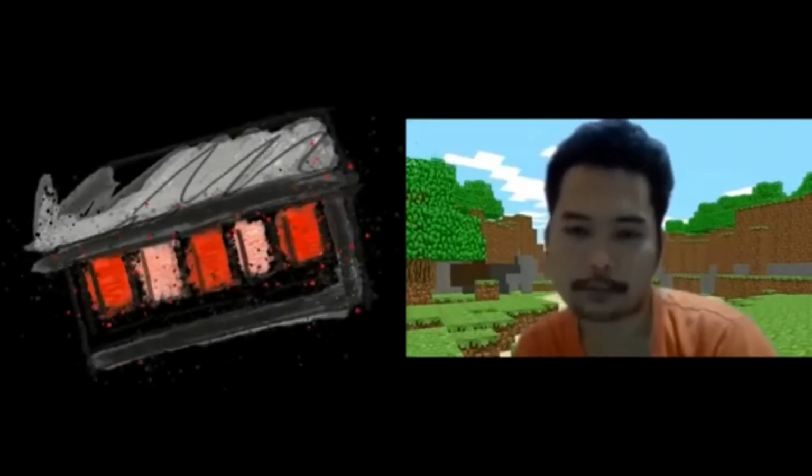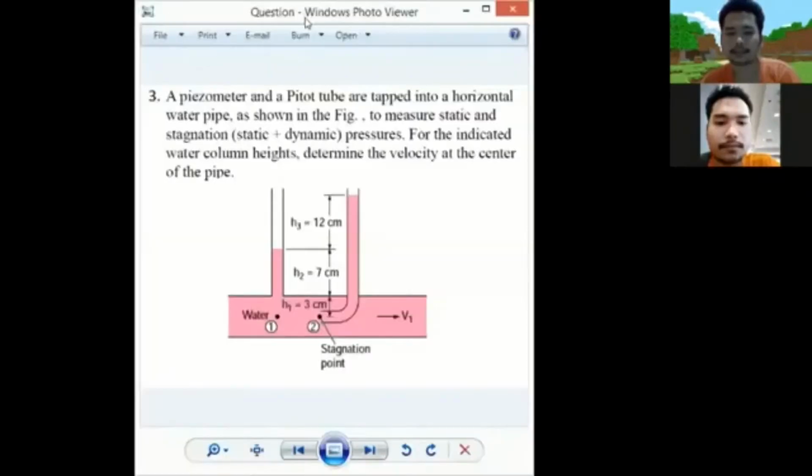So hi to everyone. I'm going to provide an example of the Bernoulli equation and teach you how to solve it in some simple steps so that you will be able to understand more about Bernoulli problems. A piezometer and a pitot tube are tapped into a horizontal water pipe as shown in the figure. To measure static and stagnation (static plus dynamic) pressures for the indicated water column heights, determine the velocity at the